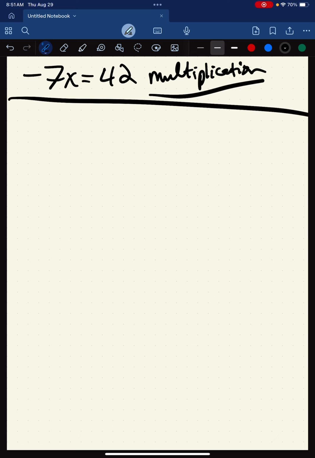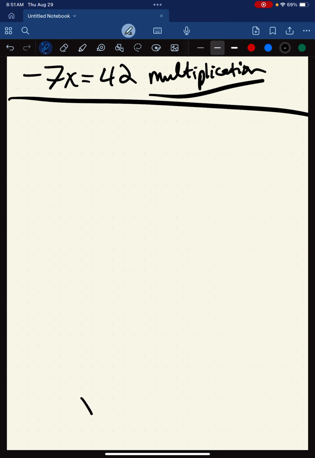So we know, again from a previous lecture, that if we multiply both sides by the same thing, as long as we multiply the entire side by that, it remains the same. The equation is still true, or the equation is still false. It doesn't change the validity of the statement. So in this case,